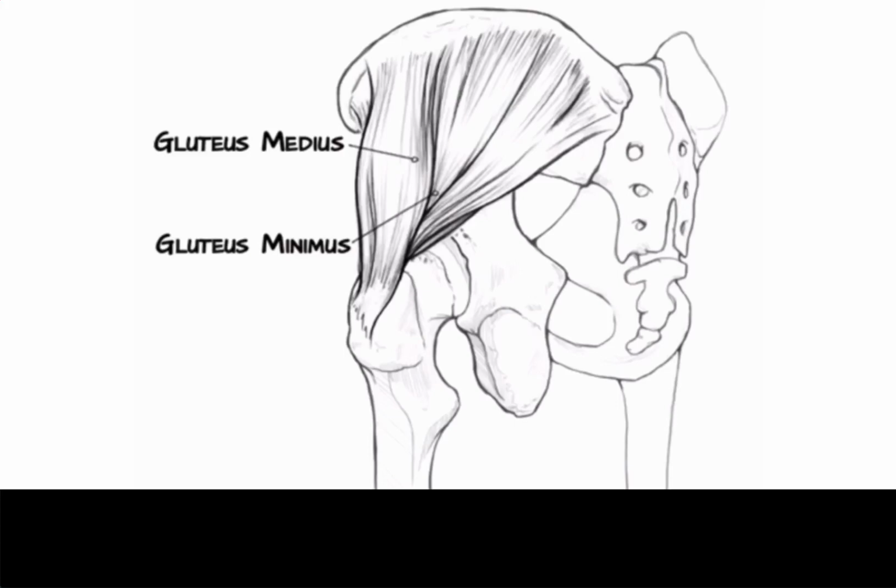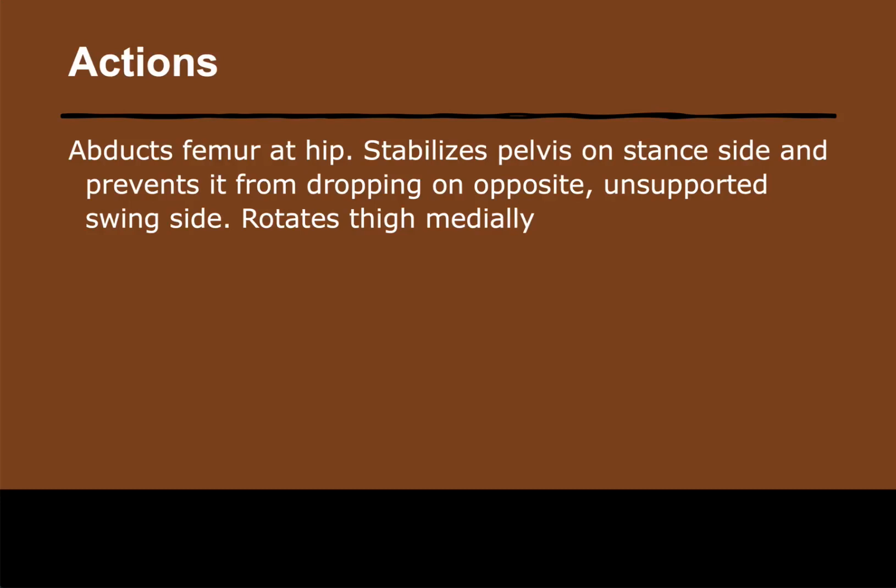They have so many functions, but their primary function is they are one of the strong abductors of what? Abductors of my hip joint. So they are abductors of the femur at the hip, and they are doing a big job. They are stabilizers of the pelvis on the stance side. I hope everybody understands what the stance side is, because in my first presentation about MSK, about the lower limb, I was talking about the gait cycle. During the stance time, it prevents the pelvis from dropping on the opposite side,